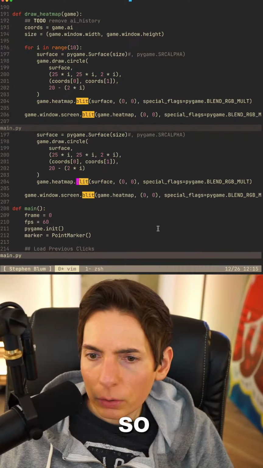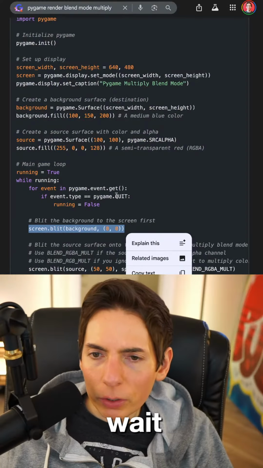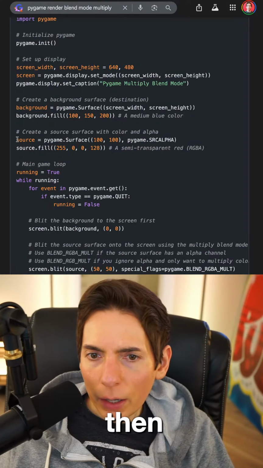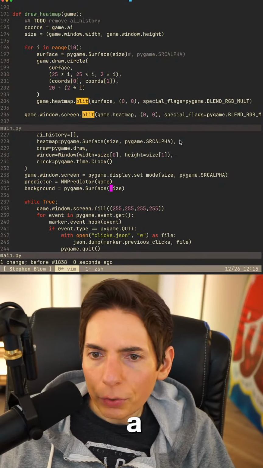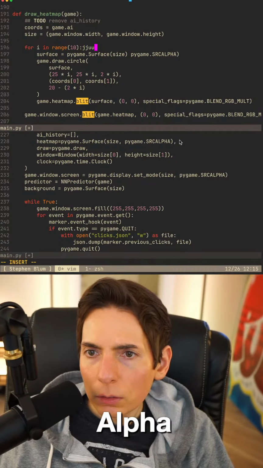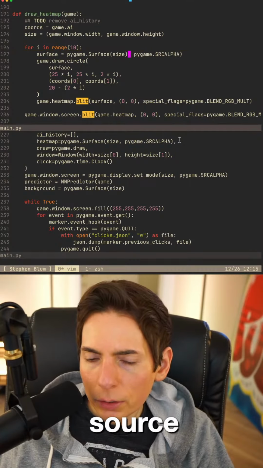Okay, so background. Wait, does the background need to be special? No, it's just a regular background. And then we've got a source alpha, which will be up here as source alpha. Okay. So that's our source alpha.